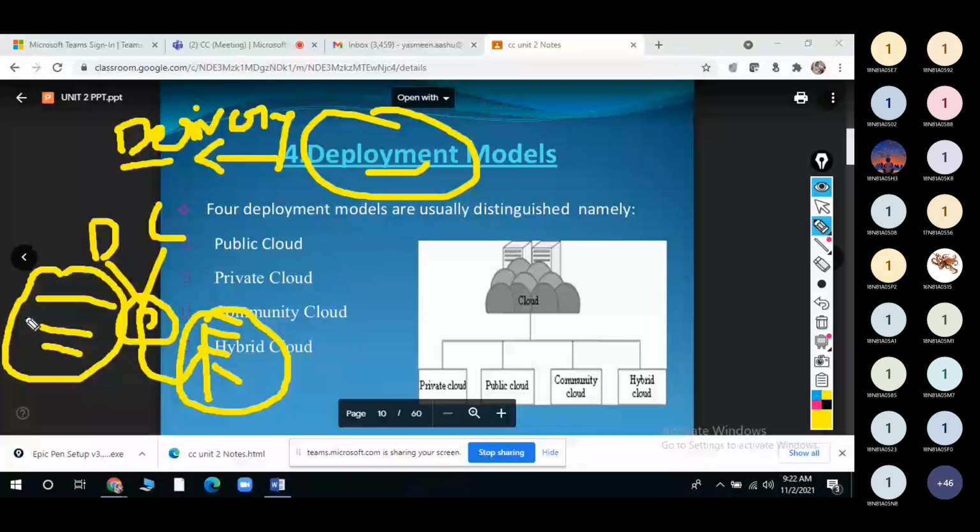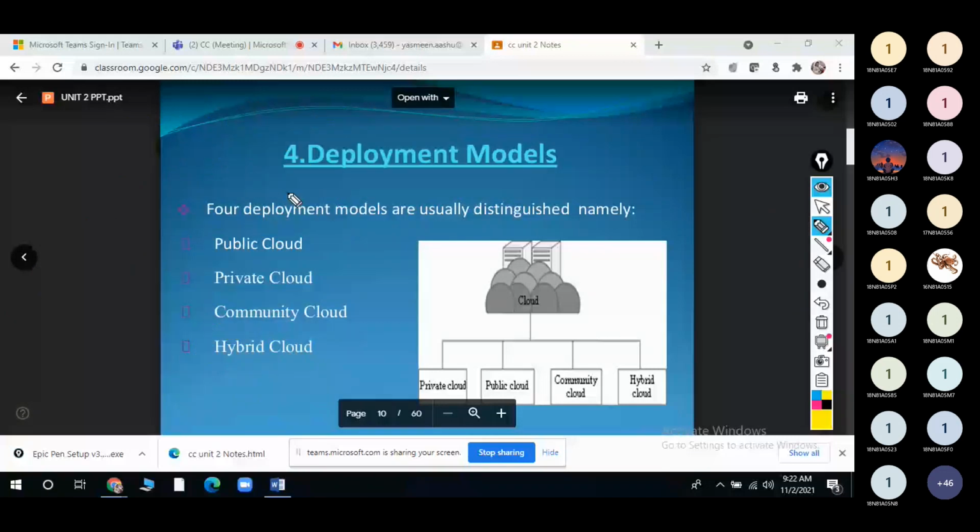First of all, you have to know about these deployment models, right? Simply we can say this deployment model is also known as a delivery model. It provides a template for developing the code or deploying the code for the developers, right? So simply what we can say, this deployment model is a delivery model.